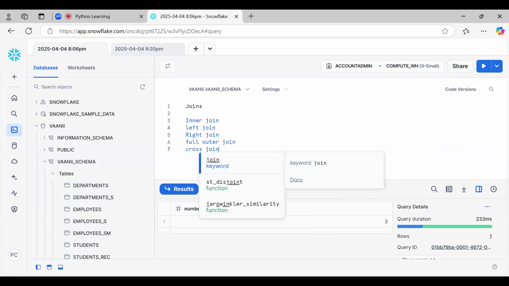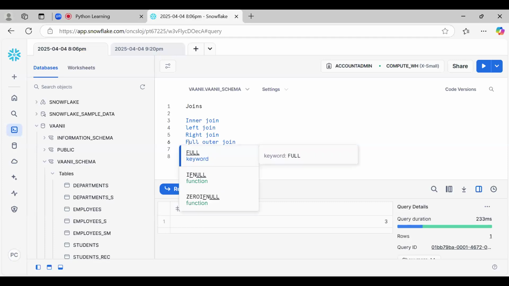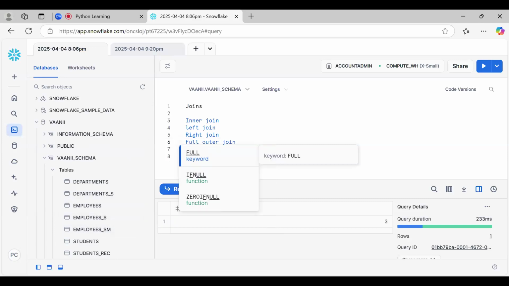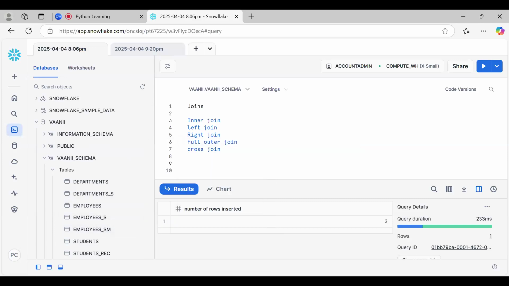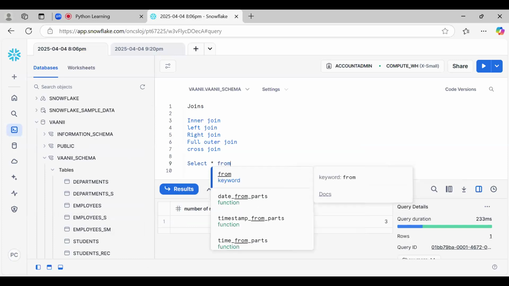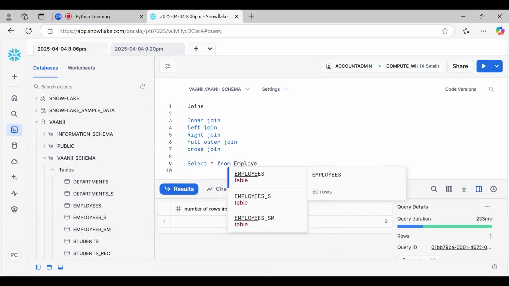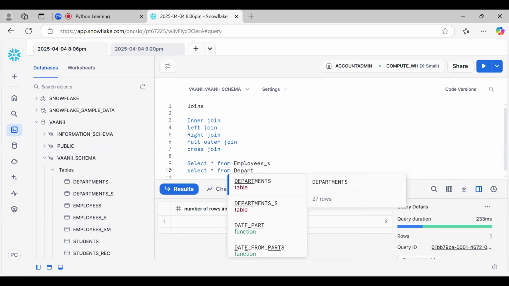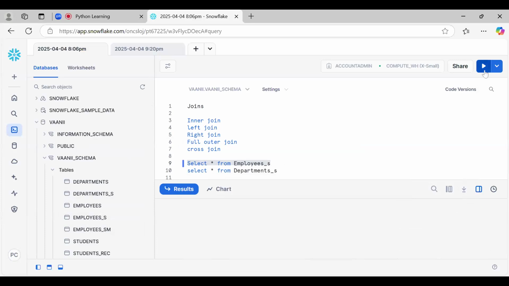So for join, I have created tables to practice. These are the two tables, employees and departments.